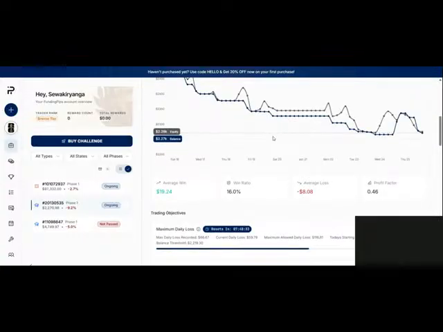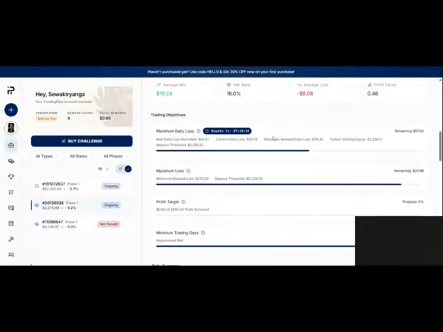So this is my account. As you can see, I'm currently back to a 9.2% drawdown, and I'm only remaining with $20. I was once remaining with $15 like one day ago, and yesterday I made profits, but